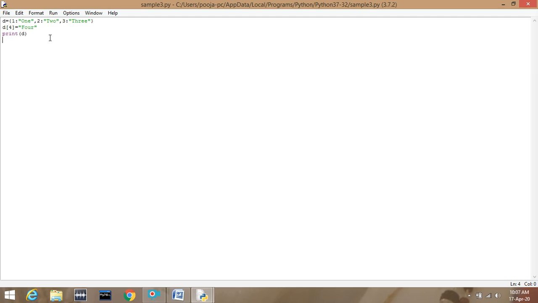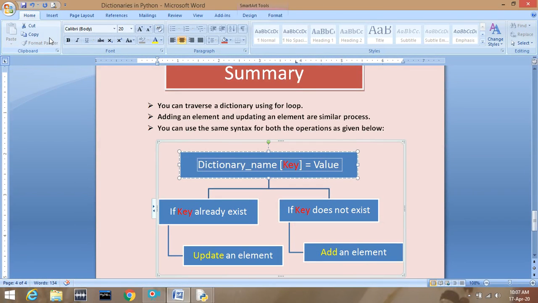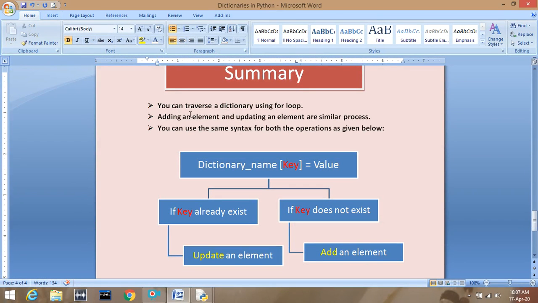Okay. So I would like to end up my session with summary. What we have done in today's session: you can traverse a dictionary using for loop. Adding an element and updating an element are similar process. You can use the same syntax for both the operation as given below.